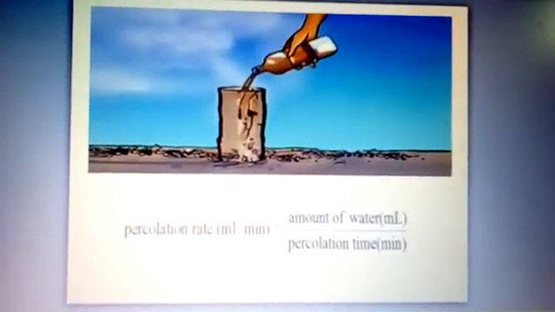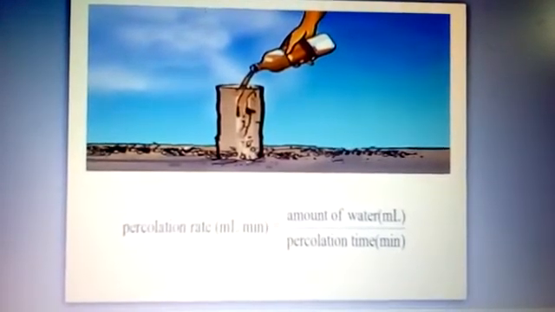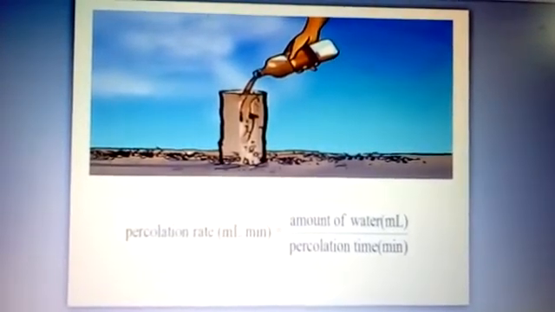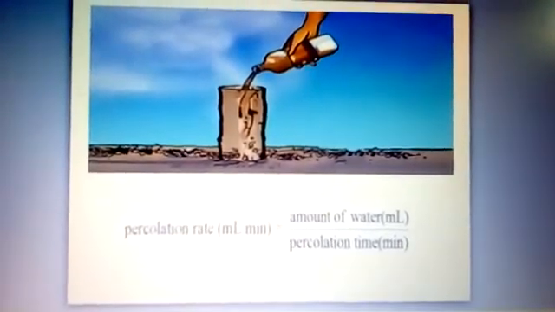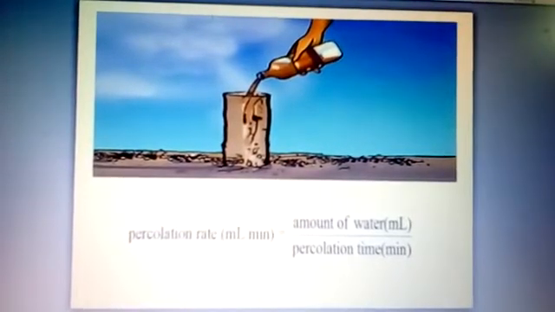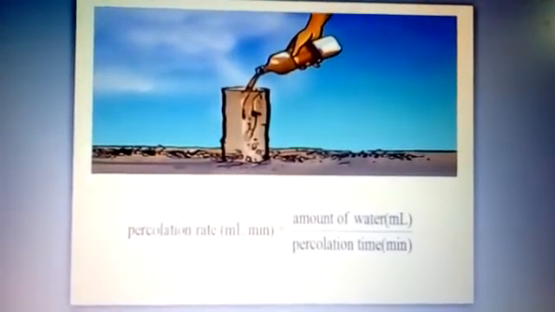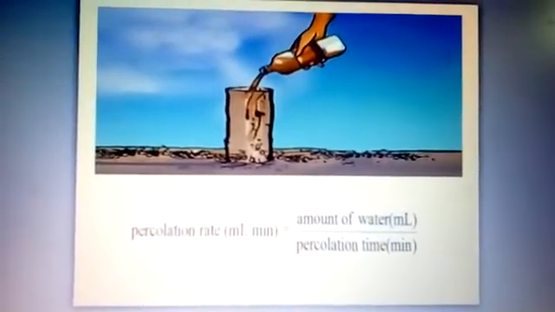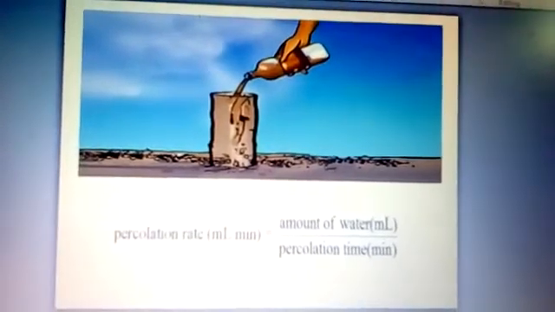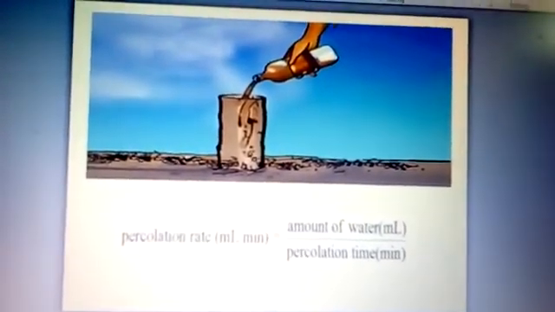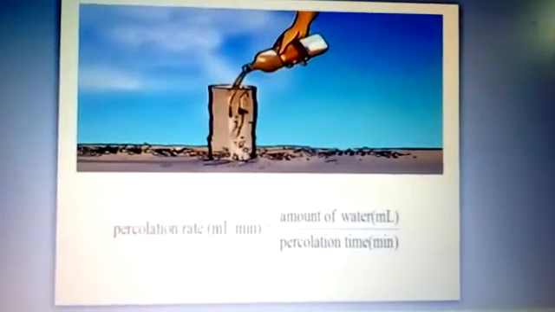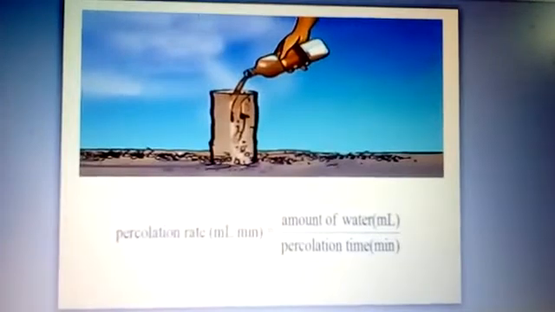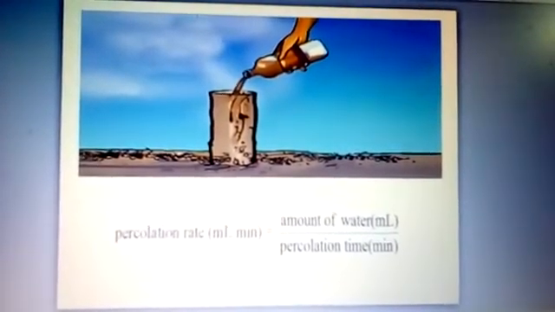For this activity, we need a hollow cylinder or a pipe as shown in the picture. To get a pipe, we can take a small tin can and cut off its bottom, or you can take a PVC pipe, which is available. If you cut it into 20 centimeter long pieces, you can use that. Now select the place of the soil and place the pipe about 2 centimeter deep into the ground as shown.